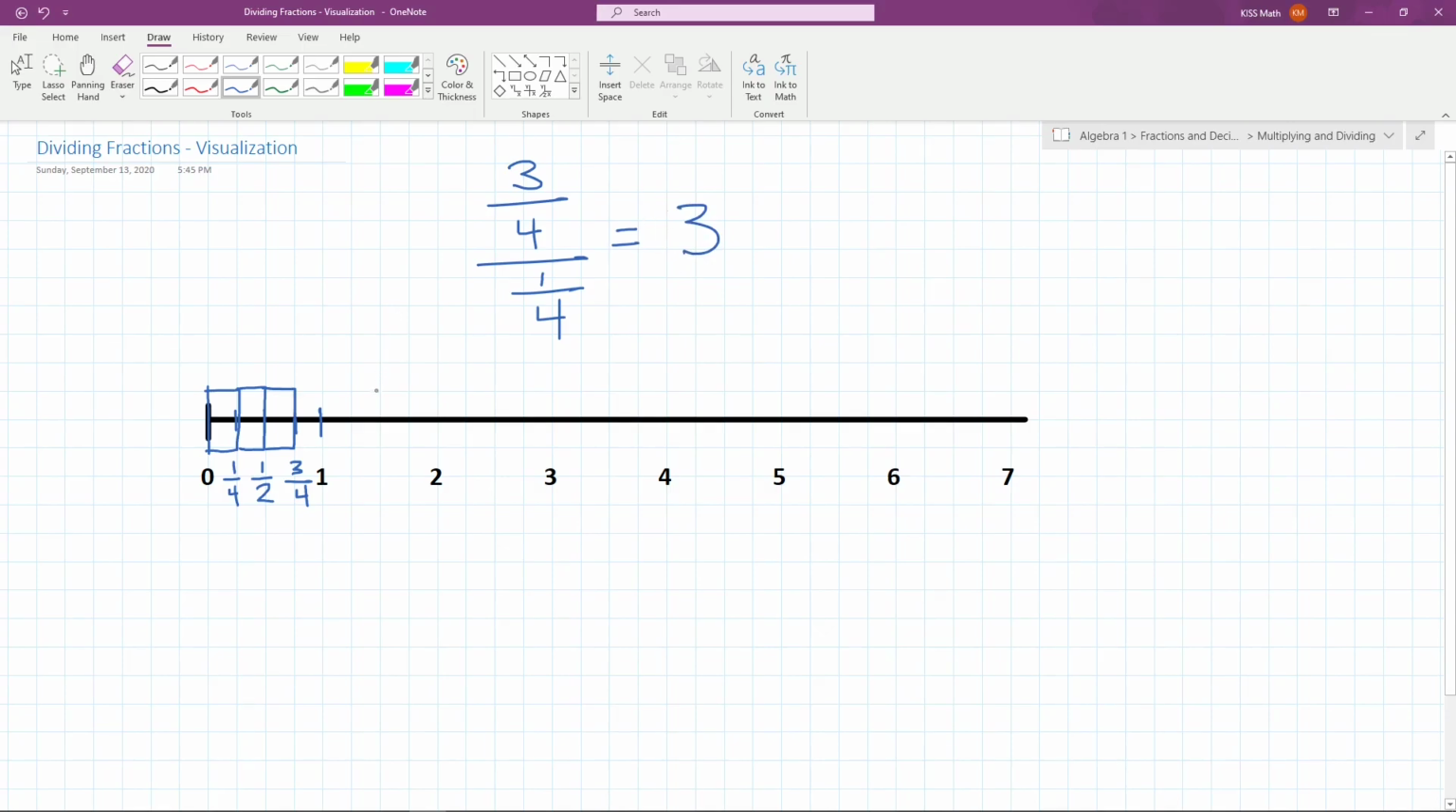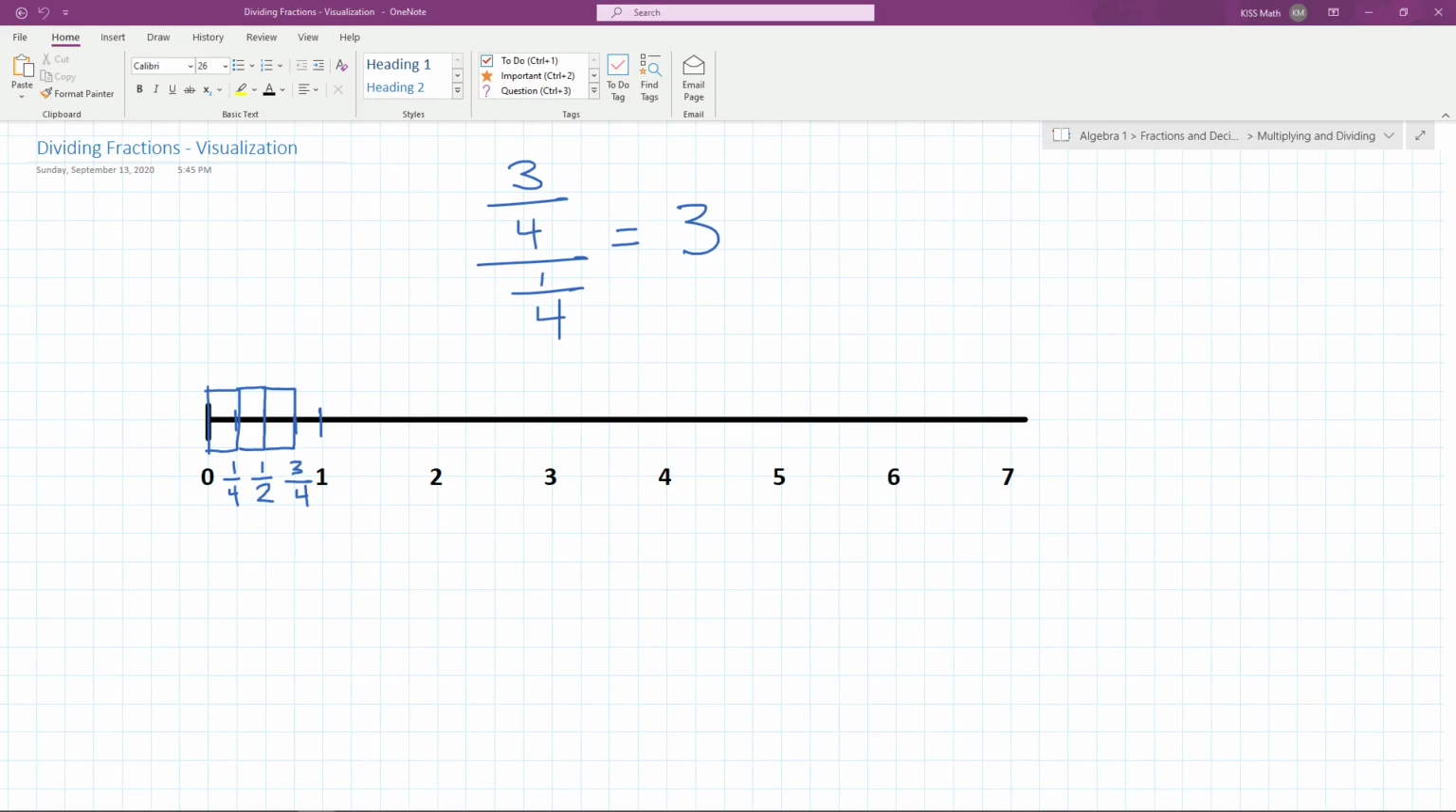So that's how we can visualize what we're doing when we're dividing fractions. And as you can see, it's not that much different than dealing with whole numbers. It may get a little complicated when we start throwing in variables and terms, but the concept will always be the same. So that covers multiplying and dividing